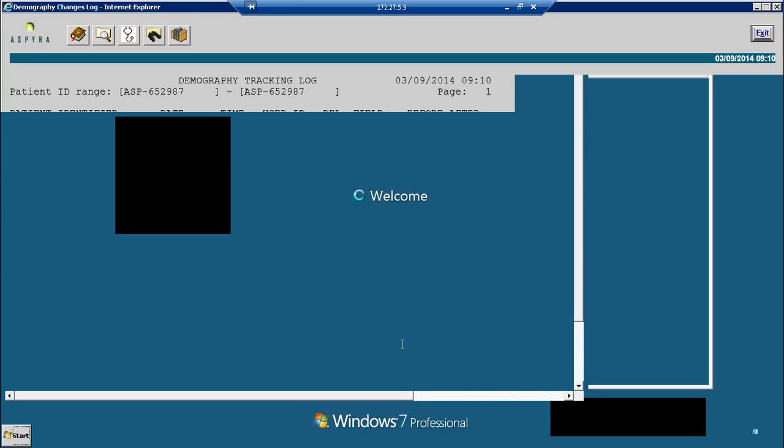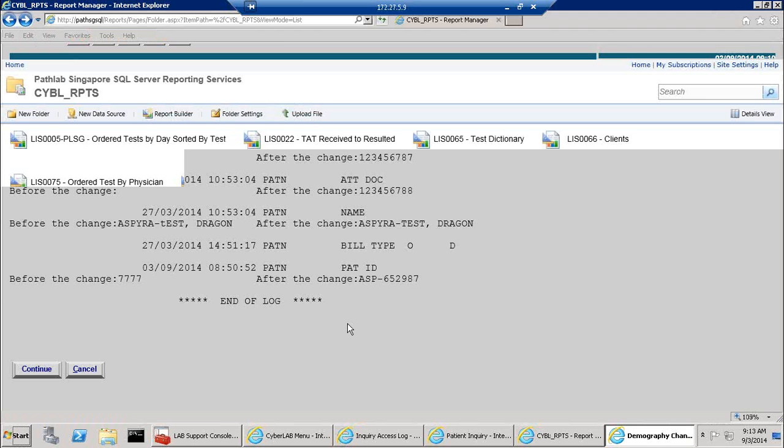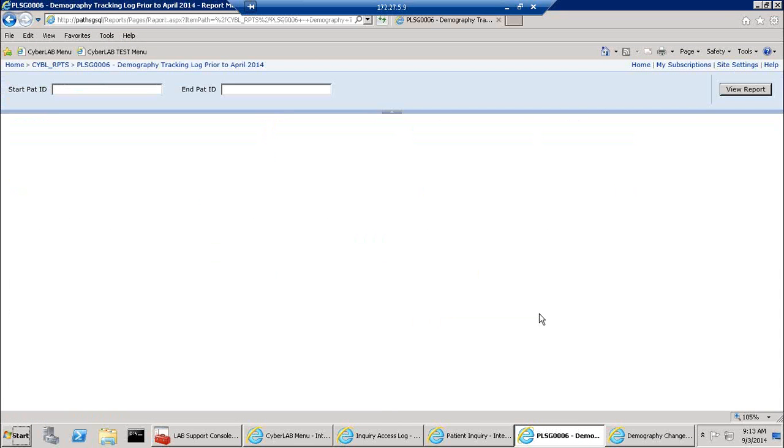Now, like the inquiry access log, all the data prior to April of 2014 was also placed in an SQL report. The SQL report for this is called the demographic changes prior to April of 2014. So if we look in here, it's going to have the same basic format as the inquiry access log, and we'll look at the same one that we were looking at before,